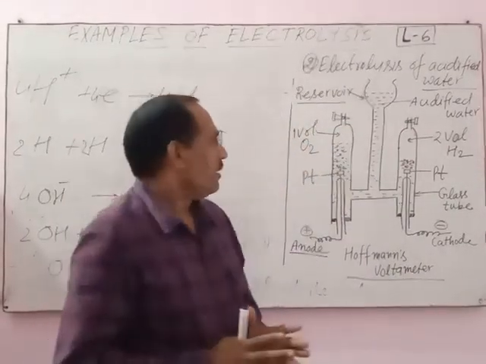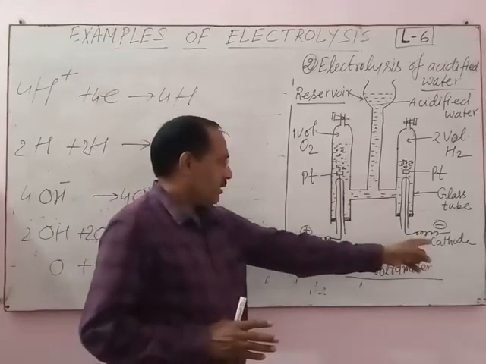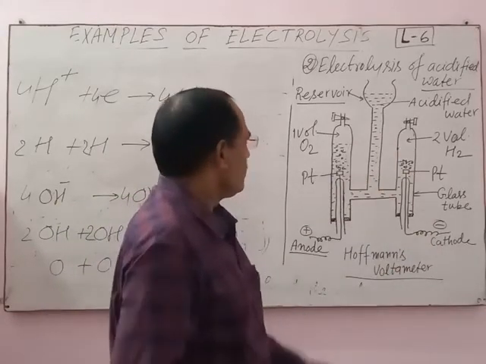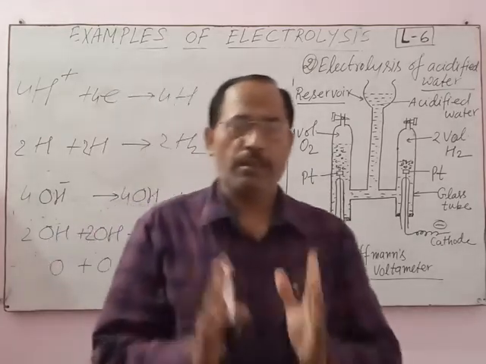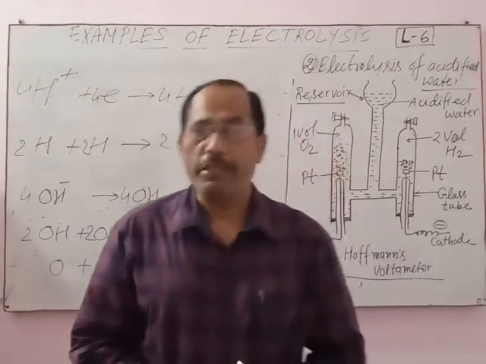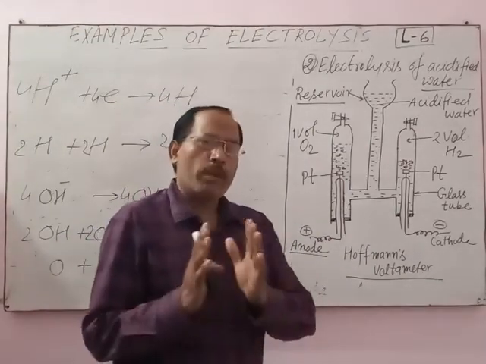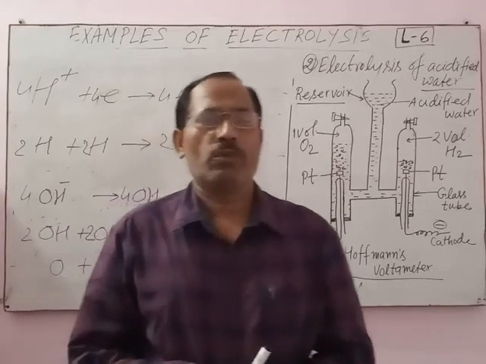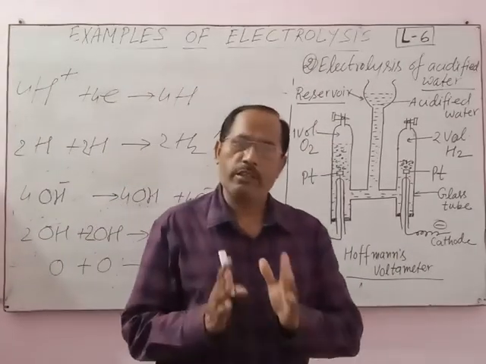Hydrogen at the cathode and oxygen at the anode. These are the products of electrolysis of acidified water. What is the volumetric ratio of hydrogen and oxygen during the process of